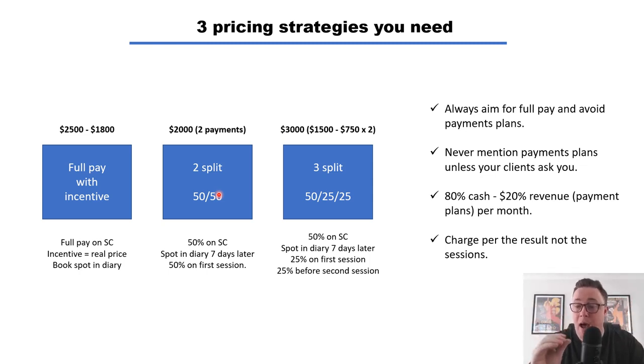Why? Because I need the other 50% of that payment done on the day of the session. I'm going to give my client at least 7 days, which is another chance for them to get paid from their job or their career, whatever it is, before they come and see me. So what I'm going to do is a 2 split. So I'm going to do 50%, which is $1,000 today. Okay, I'm going to jump up the price just a little bit because it is a bit of a risk for me. $1,000 today and $1,000 in 7 days.